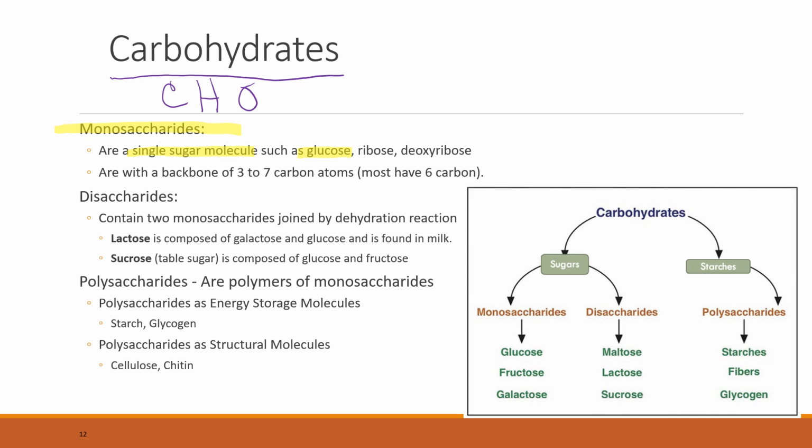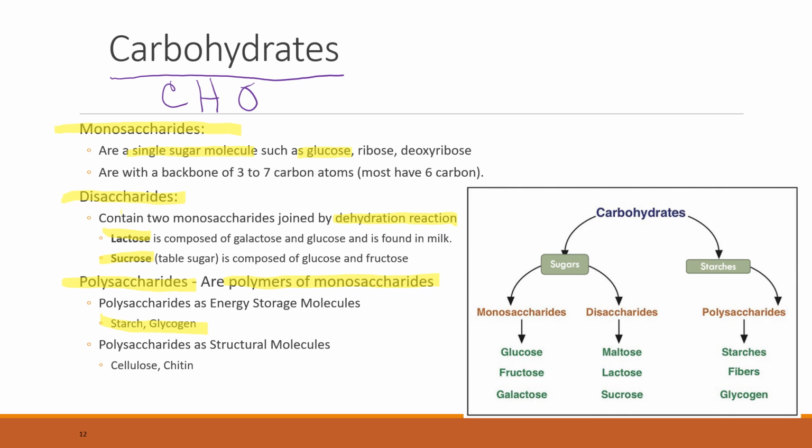And then you can join two monosaccharides together by a dehydration synthesis to form a disaccharide. So that's two sugars. Lactose and sucrose are examples of that, and we'll talk more about examples. The third type of carbohydrate are polysaccharides, and they're big polymers of monosaccharides. So starch and glycogen are examples of those, and they can be hundreds or thousands of usually glucose molecules joined